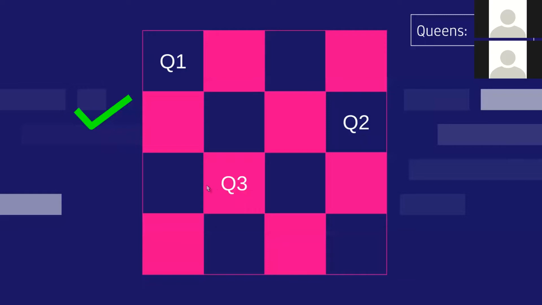So obviously we cannot place Q3 here. So we are starting here. Right now I won't show all the steps. I'll show mostly the successful ones. So this configuration works, right? You can place 3 queens like this. So right now there are 3 queens placed. Then try to place the fourth queen.